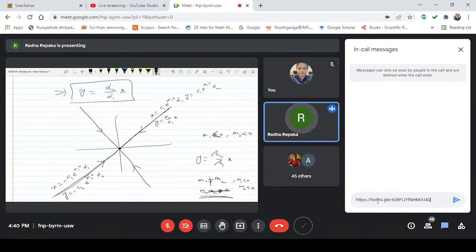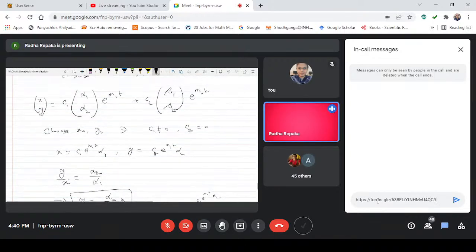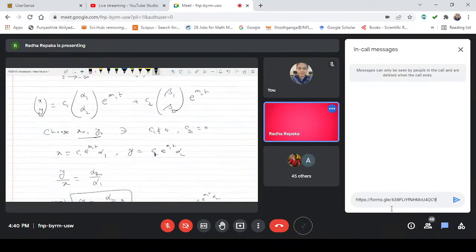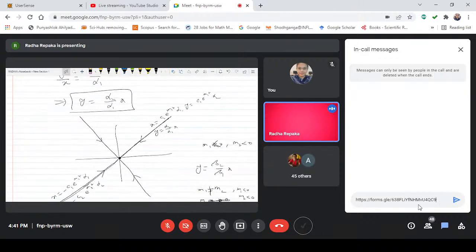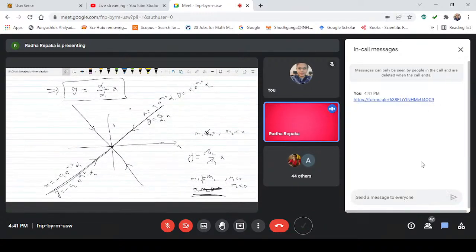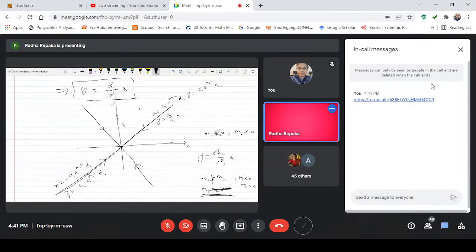Now, see, these four paths we have determined such that C1 is not equal to 0 and C2 equal to 0. The second one is C1 is equal to 0, C2 is not equal to 0. So I have chosen x0 and y0 such that I obtain these four paths. If I choose some other x0 and y0, that means say here x, y, if I choose some other point,